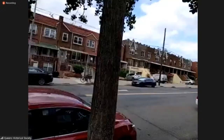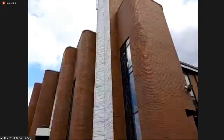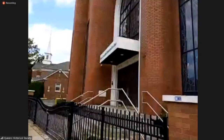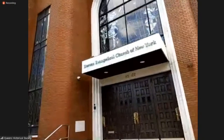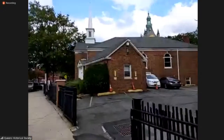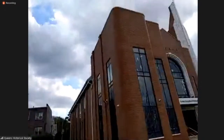But there's an earlier name. Newtown was actually known originally as Middleburg. And you may see that spelled with or without an H at the end. That was actually the original name of the settlement that eventually became the town of Newtown. It was when the British took over the colony of New Amsterdam, renamed it New York, that the Dutch name of Middleburg